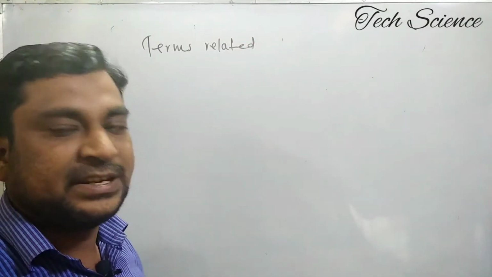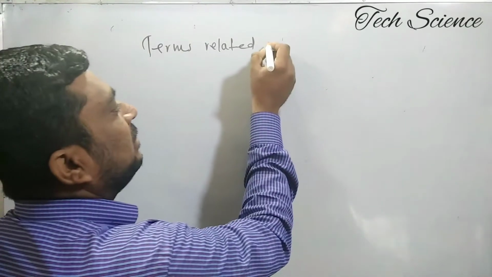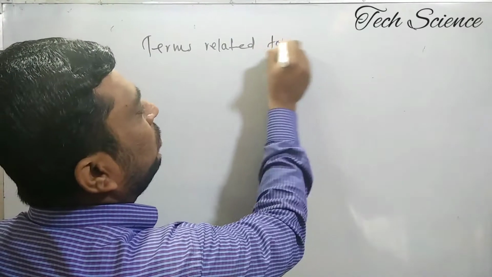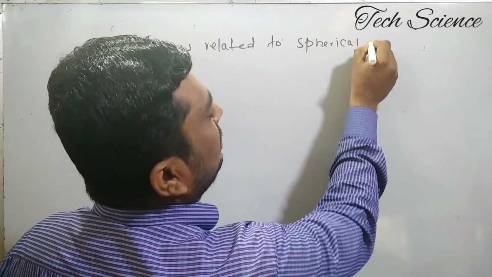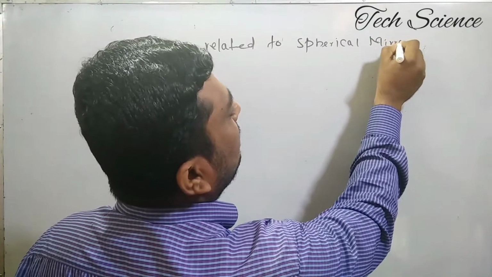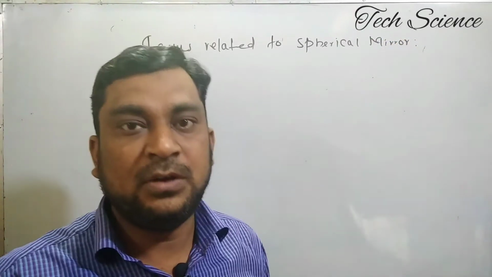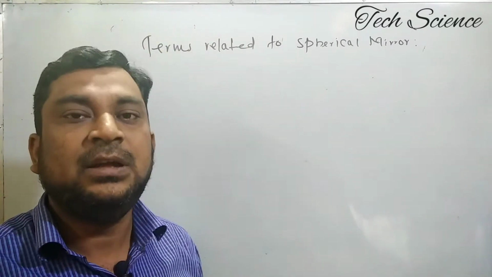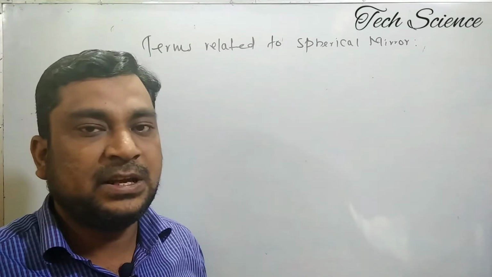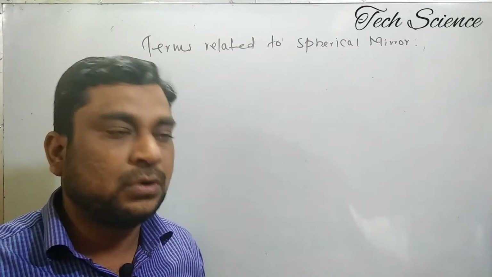That belongs to 9th standard, 10th standard, and it may be for 11th, 12th also. So these are the terms which are related to spherical mirror. Now we have already seen the concept of mirror, what the plane mirror is. Mirror is basically divided in two parts: the first one is called plane mirror and the second is called spherical mirror. The spherical mirror is again divided in two parts. The first is called concave, the second is called convex mirror.